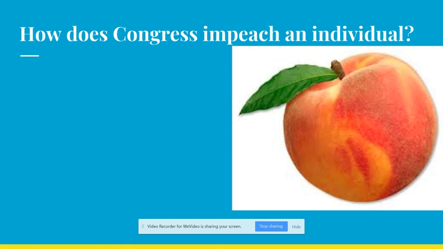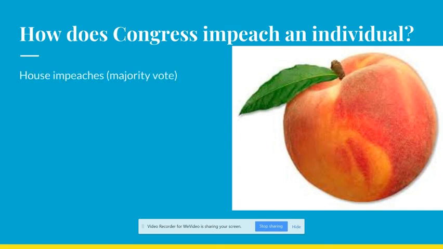The Constitution says that a public figure can be impeached for treason or if they commit high crimes and misdemeanors. Now, you may be wondering, what is a high crime and misdemeanor? It's a good question. It seems that they aren't really small crimes, but at the same time, it isn't entirely clear either. Perhaps a high crime and misdemeanor is what the House of Representatives says is a high crime and misdemeanor. So let's look at how impeachment happens.